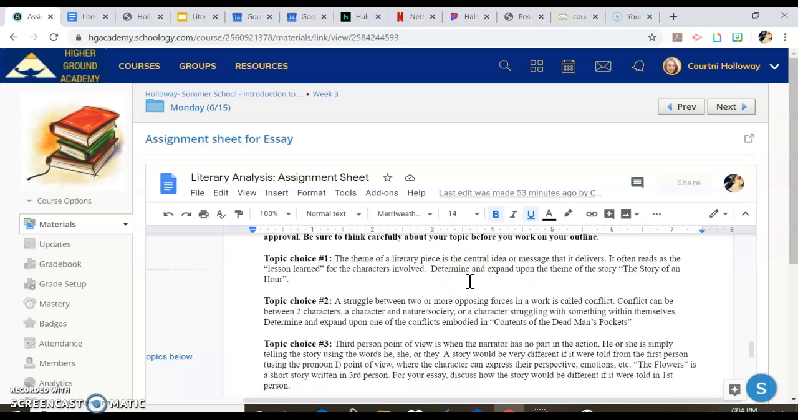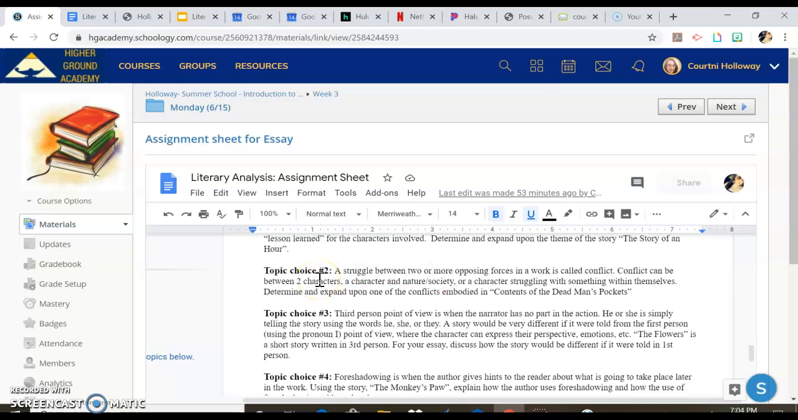That's a very basic topic. Topic choice 2 has to do with the literary element of conflict and the story Contents of the Dead Man's Pockets. Contents is a very interesting story in the sense that there are multiple conflicts going on at one time. So you can choose one of those that you feel is the most prominent and expand on that and show